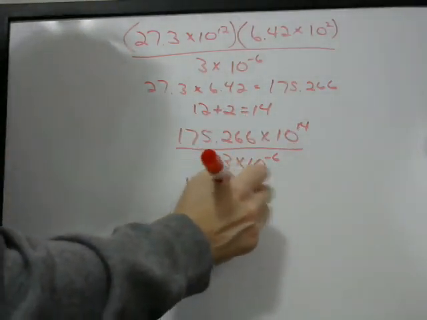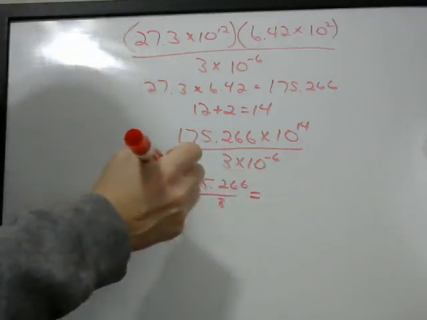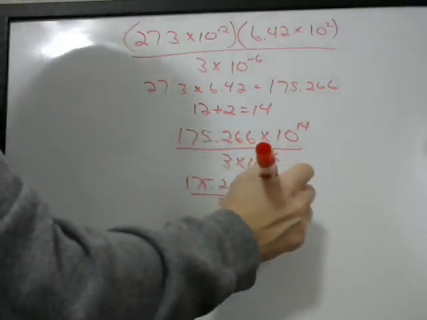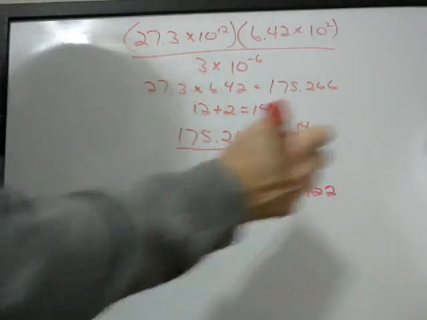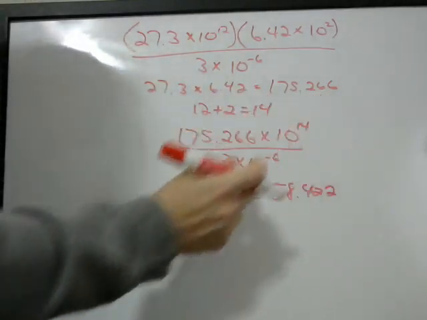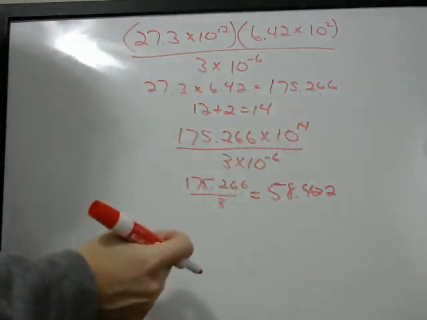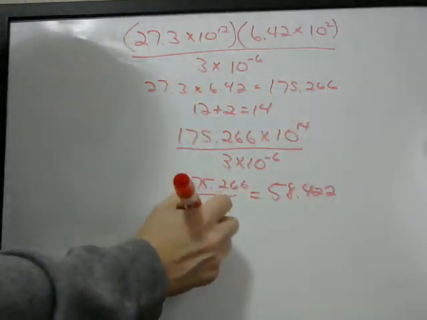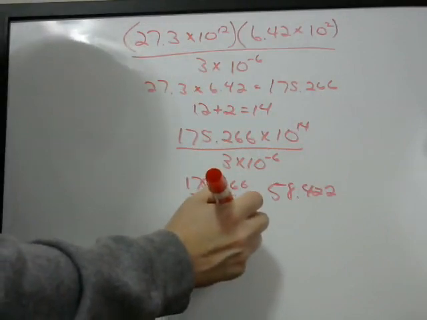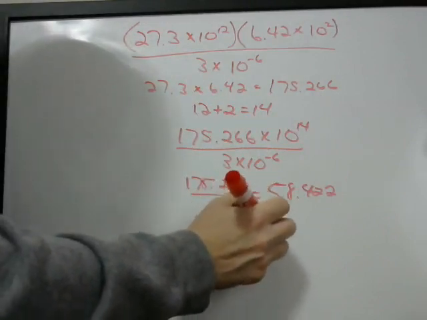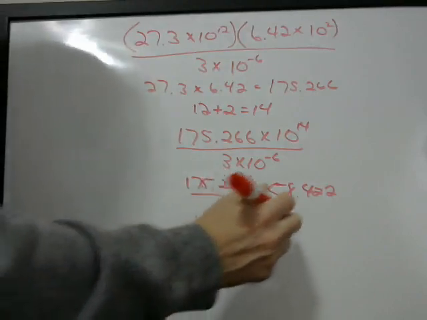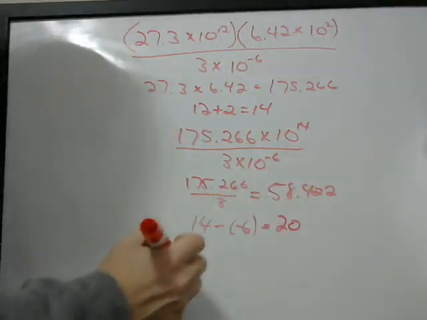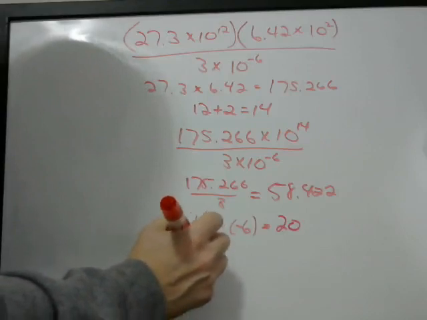175.266 divided by 3 is going to give you 58.422. And then we're doing a division, so remember we're subtracting the exponents. So we have 14 minus negative 6, which is the same thing as 14 plus 6, right? Minus minus is add. So that gives us 20. So our answer is going to be